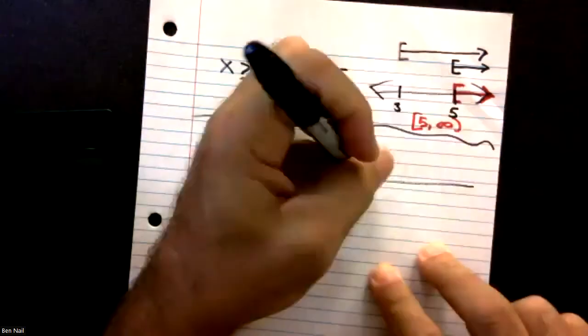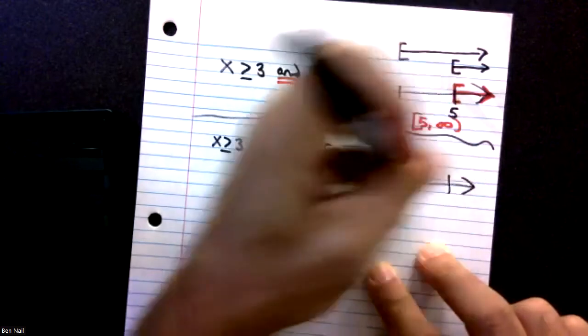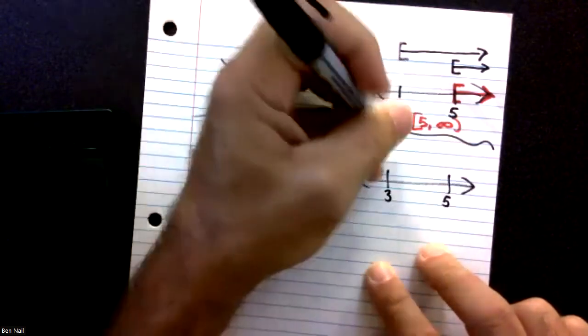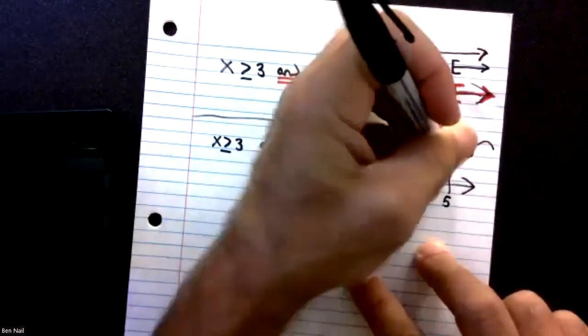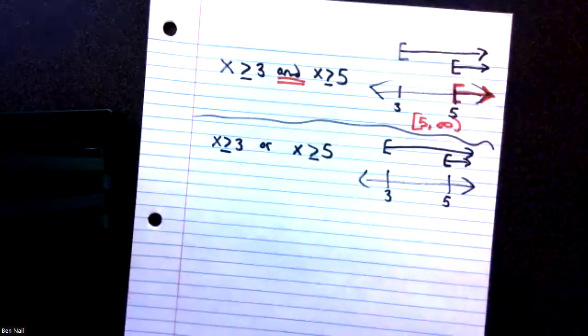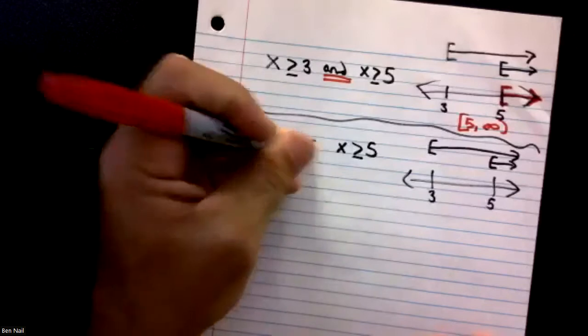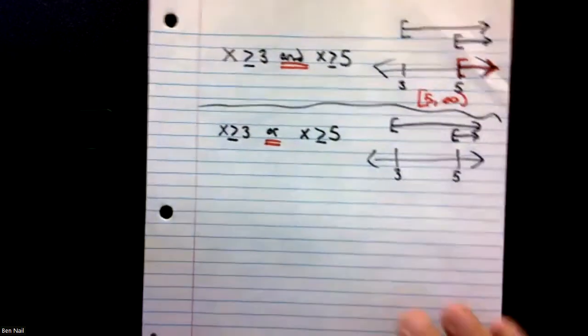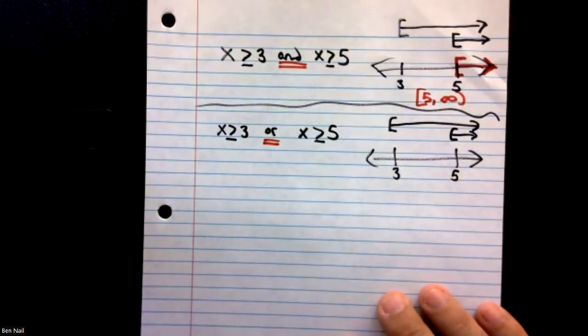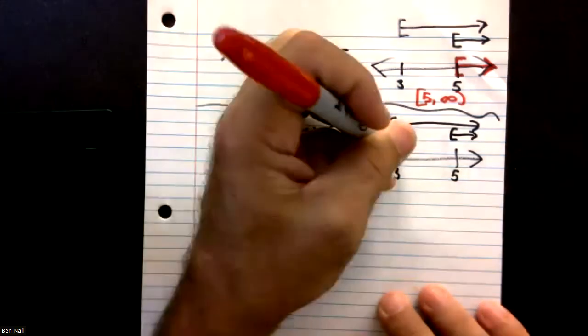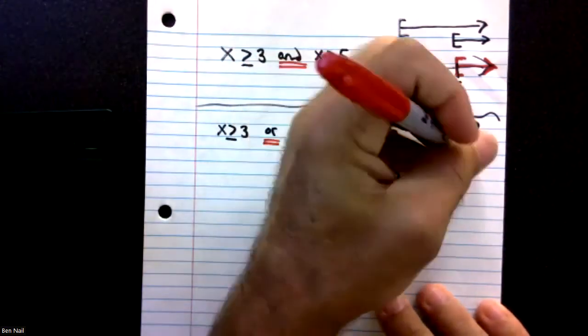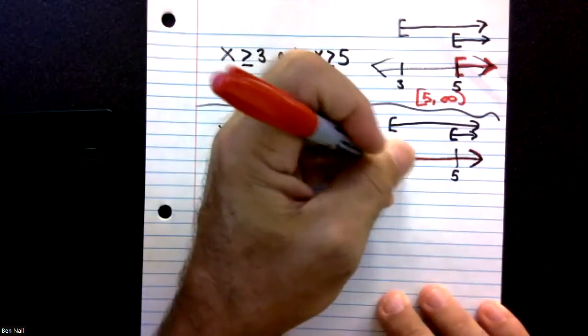Okay, finally, same game, just dealing now with or. Again, greater than or equal to 3 looks like that. Greater than or equal to 5 looks like that. If it is an either-or, then again, everything that should get shaded gets shaded. So we need to include everything bigger than 3 as well as everything bigger than 5. So that